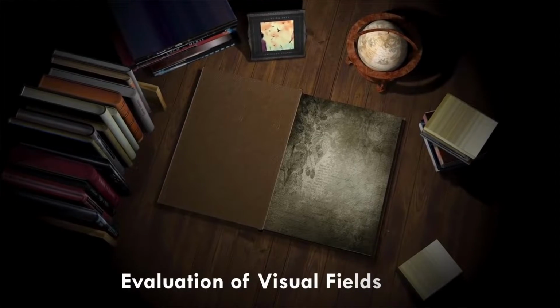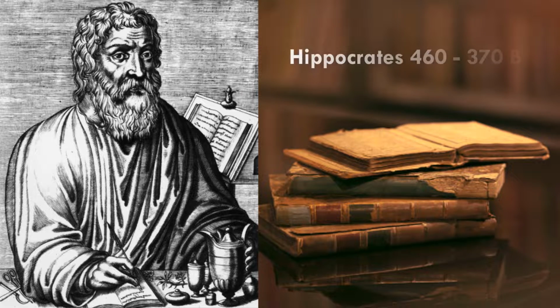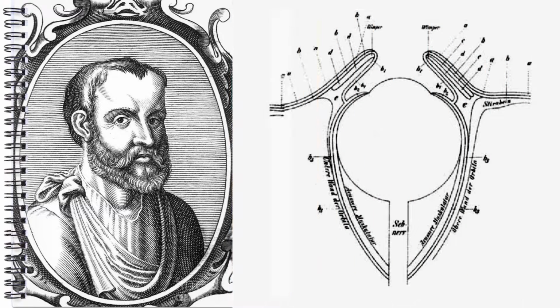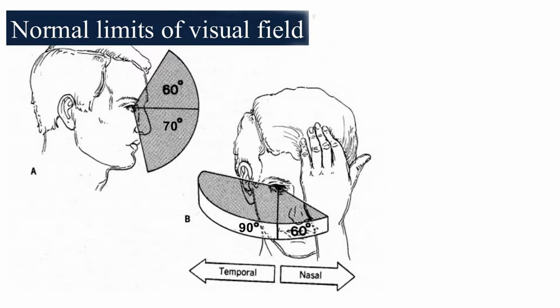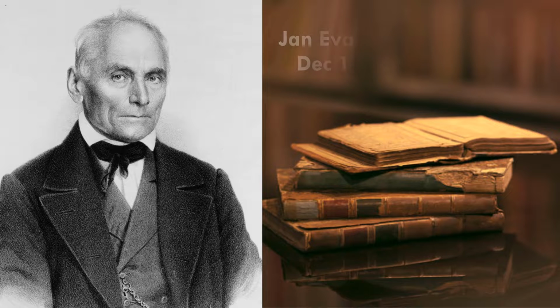Evaluation of visual fields was done more than 2000 years ago. It was first done by Hippocrates in the late 5th century BC. The first instance of recording recognition of extramacular visual fields was done by Galen in 175 AD. Measurement of visual field extent was performed by Thomas Young in the early 1800s, where he reported the size of the normal human visual field is 60 degrees superiorly, 70 degrees inferiorly, 60 degrees nasally and 90 degrees temporally, which was later refined